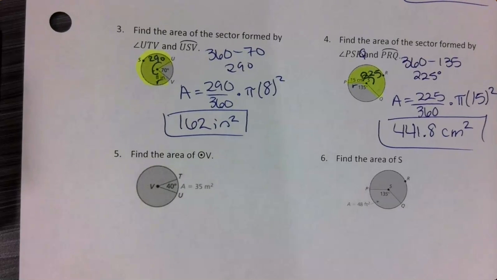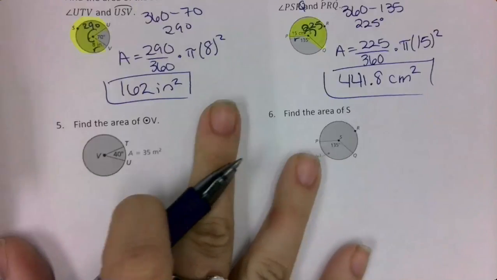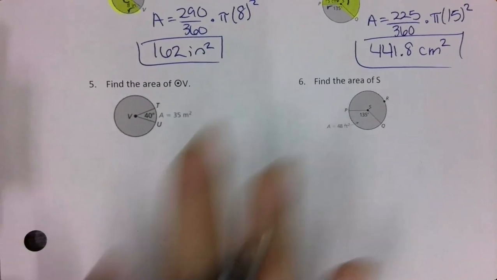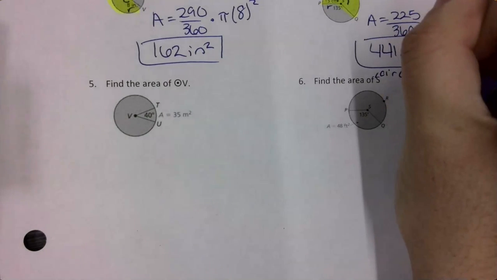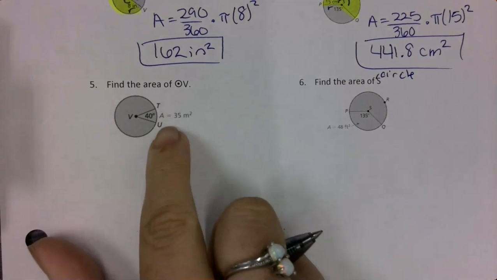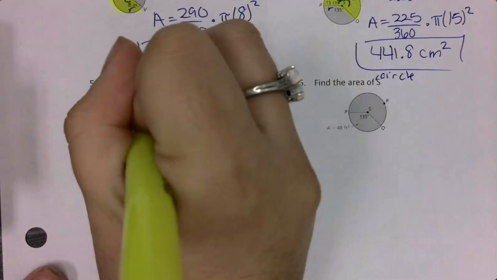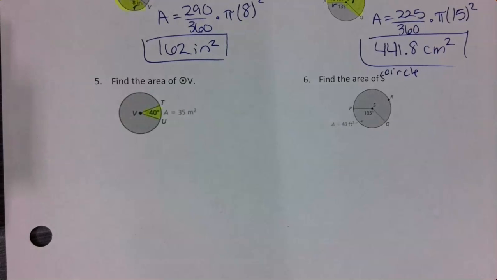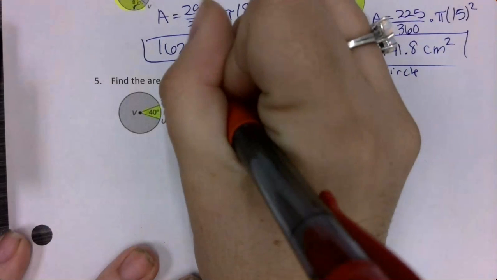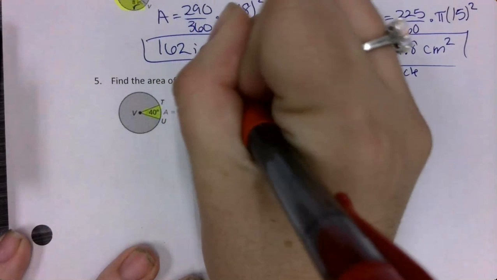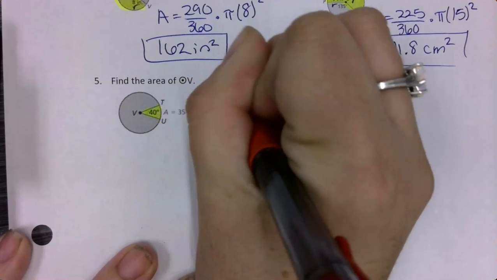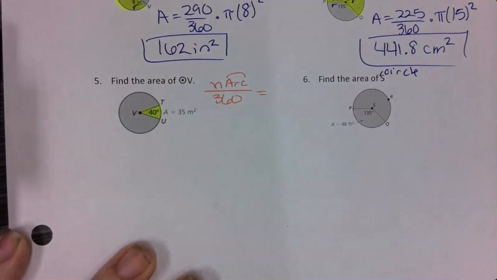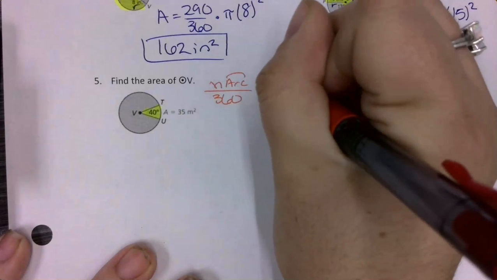Okay, so 5 and 6 are finding the area of the whole circle, given, I should say circle S, given the two sector areas. So I'm given the area for this piece. I need to find the area of my whole circle. The way I want to do this is I'm going to have the measure of my arc divided by 360 equals area of the arc